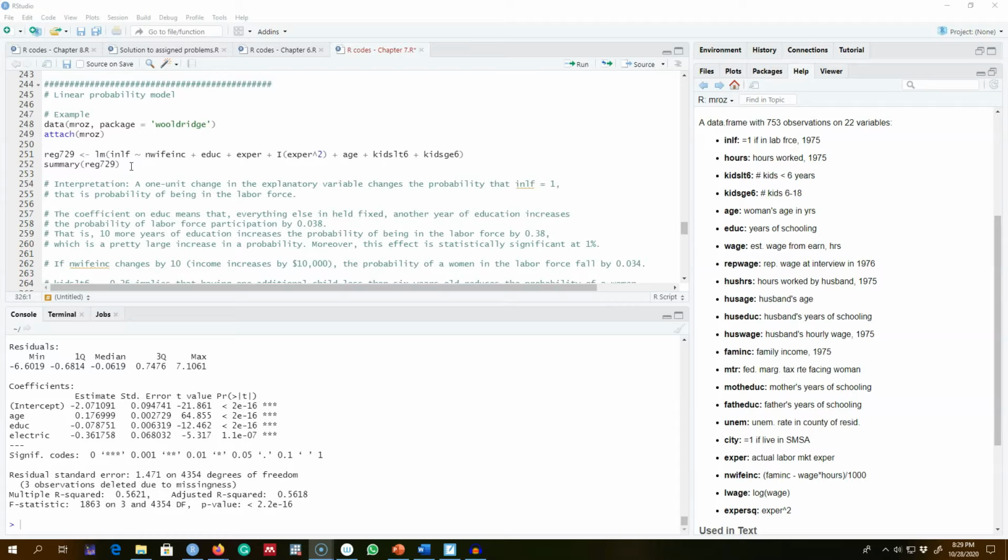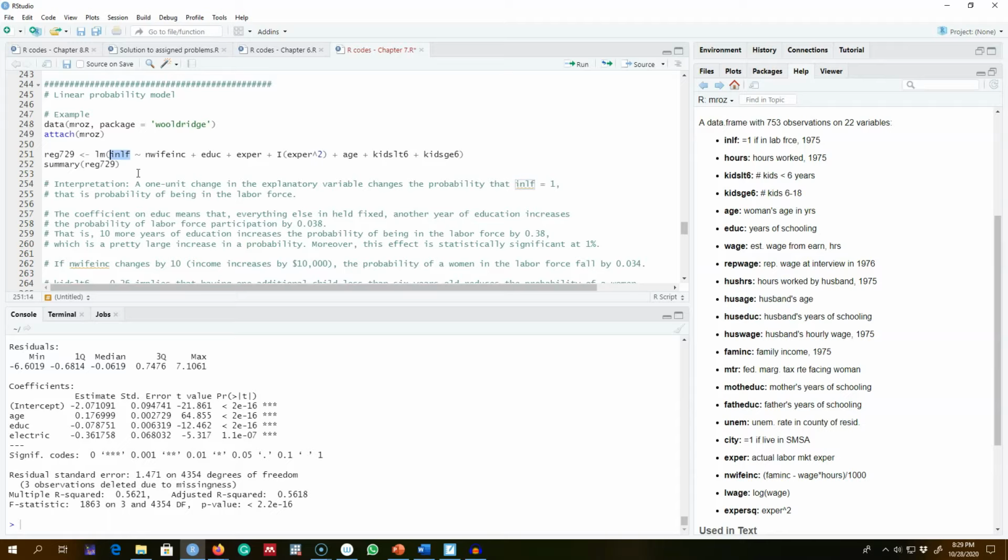So therefore, later on, we'll talk about probit and logit models. Those models are more sophisticated and can be used to deal with this type of binary variable, as well as a variable with ordinal information as a dependent variable. So we'll talk about those types of models later in this class.